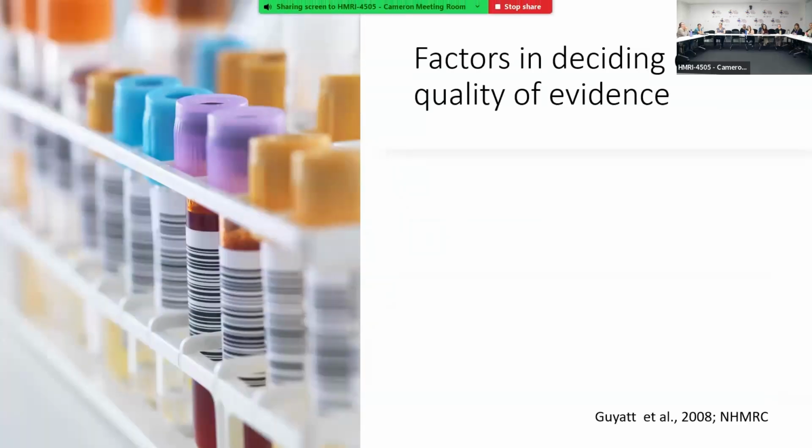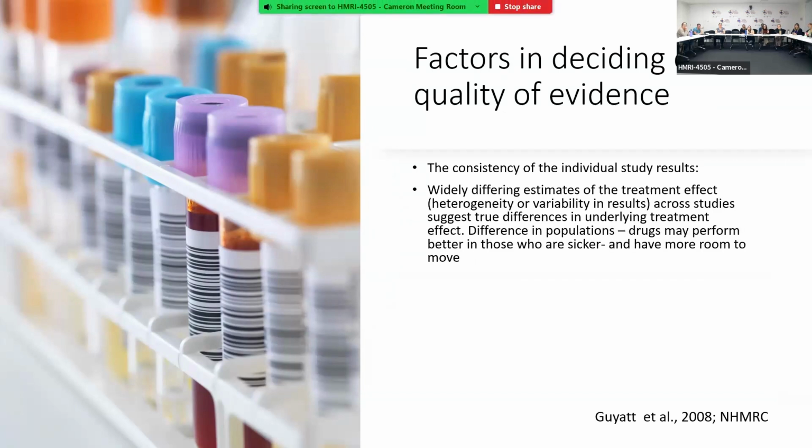So factors that are used in deciding on quality of evidence, that one wants to go. The consistency of the individual study results may vary. So you have really wide different estimates, you have really wide confidence intervals. So if you have really wide confidence intervals, that means that the data within it is really, really different to each other. It's really varied. And the true difference is somewhere in there, but the range is so big, of course, it's somewhere in there. So a drug may perform, and then we talk about floor and ceiling effects, the differences in populations. If I only looked at really sick people, well, the drug is going to make them better because it's got more room to make them better. Whereas how is that going to work in people with mild asthma or people with mild anxiety?